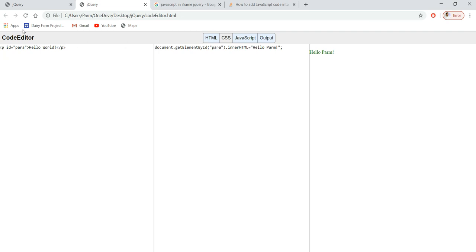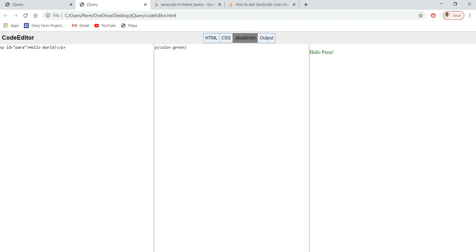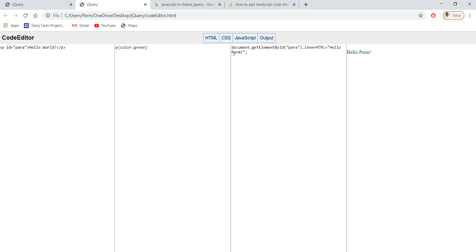Initially it was, if you refresh it, and JavaScript, and here we change some value, it's working for me. Okay, so we have almost done, and the output we required is also coming over there.